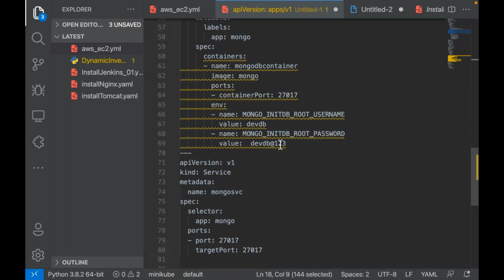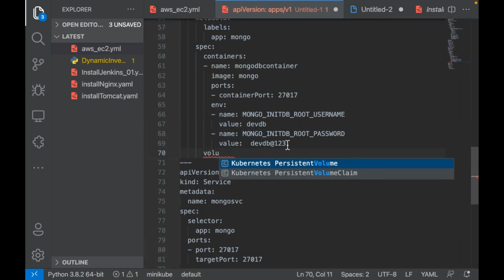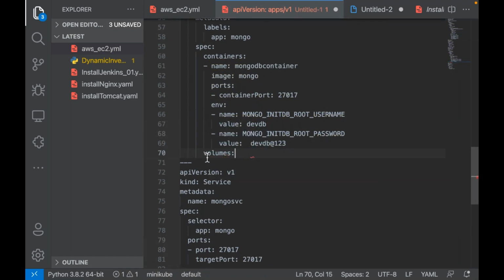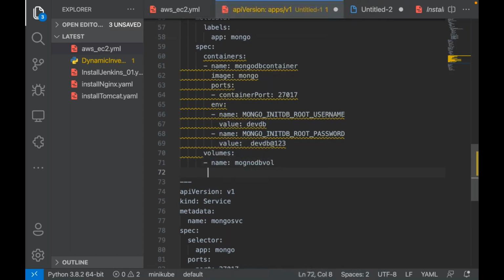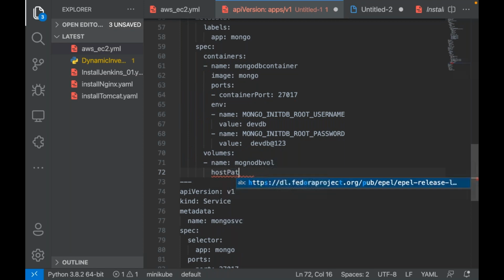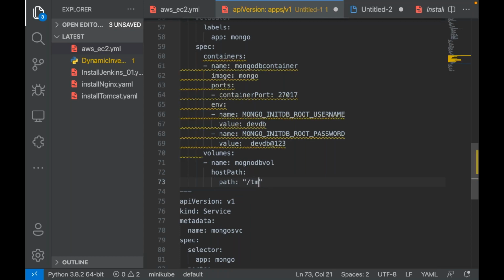Now, can I use volumes? For this requirement, I don't want to lose my data. So if I want to use volumes, can I use this instruction? Can I say use this type of volume? Volumes under the pod spec, sibling to the containers, volumes. I can give it some name, any name. What type of volume do I want to use? Now let me say hostPath, path. That can be any path, something like this.